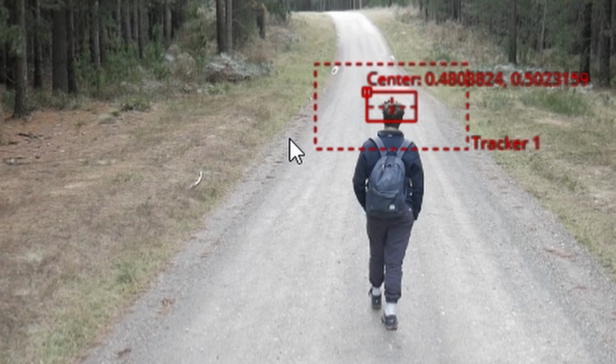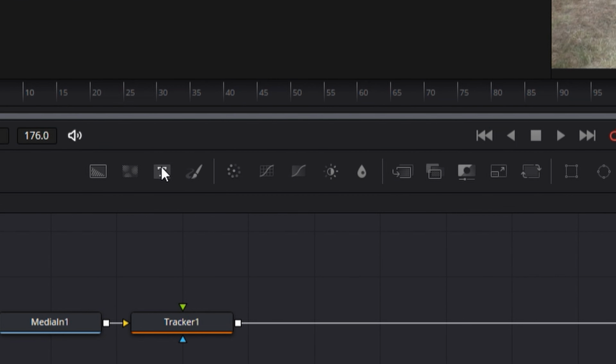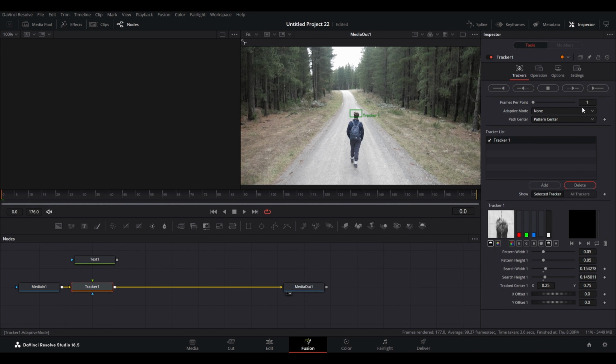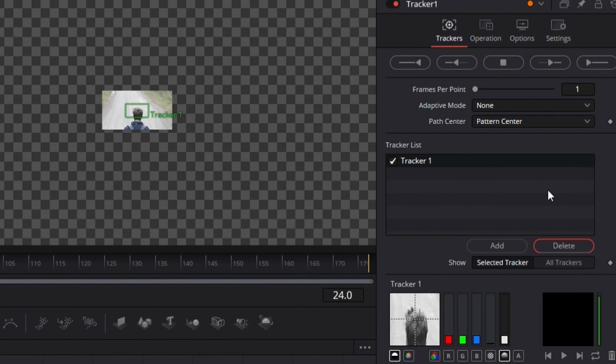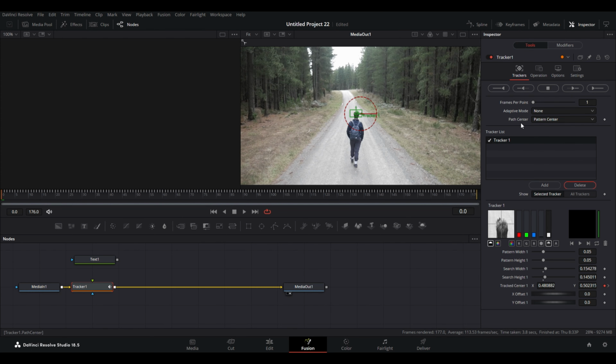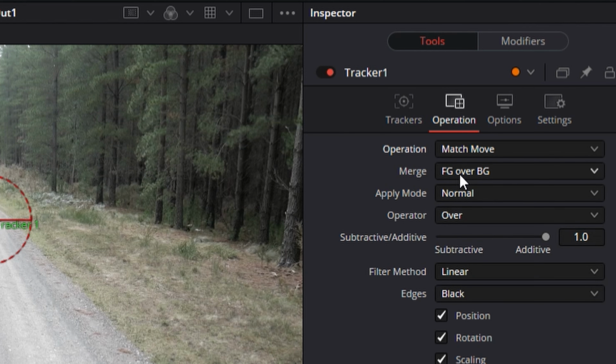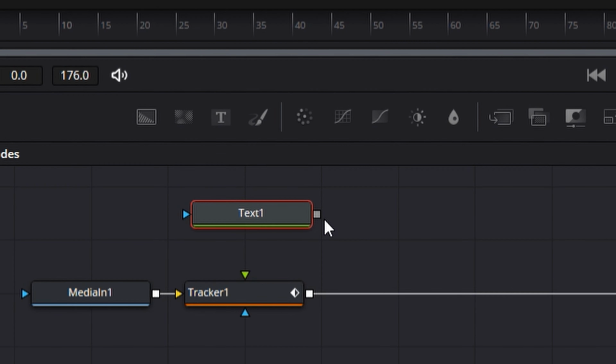It needs to be really contrasty to get tracked well, but it doesn't matter if it doesn't. You can click off that, bring the text in, but make sure the playhead is at the very start, and come in here, track forward. Alright, going to track backwards real quick, and then what you want to do is come into operation, hit match move. If you don't, you won't be able to see your text, but make sure you start from this side,